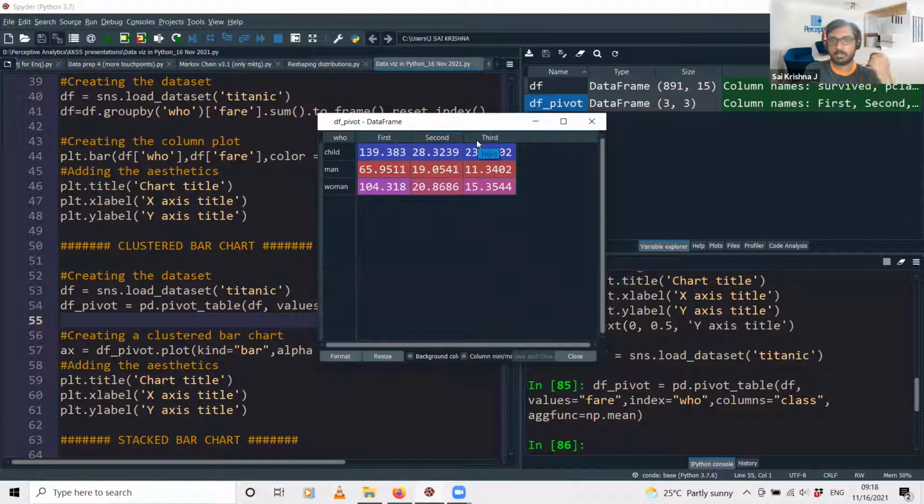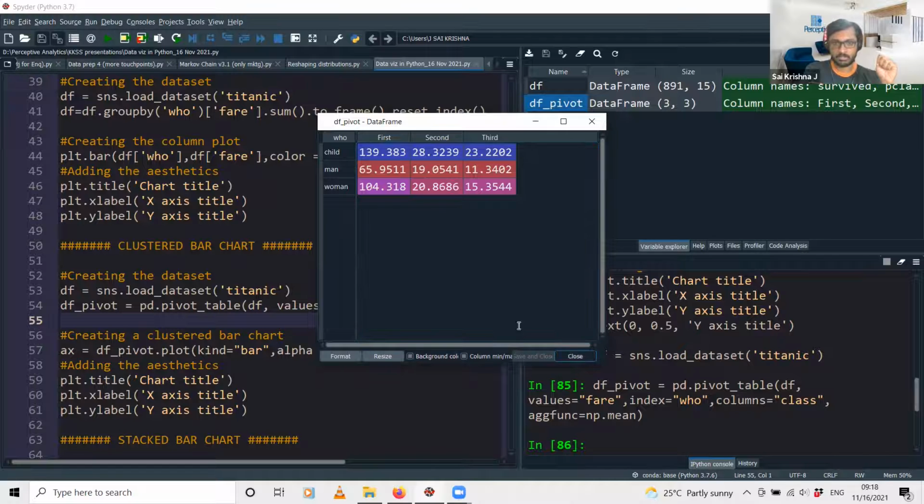Typically in flights or ships or trains, you have first class, second class, etc. So here also they had first, second, and third classes, and these numbers essentially show the average fare paid by a person of each gender for each class.